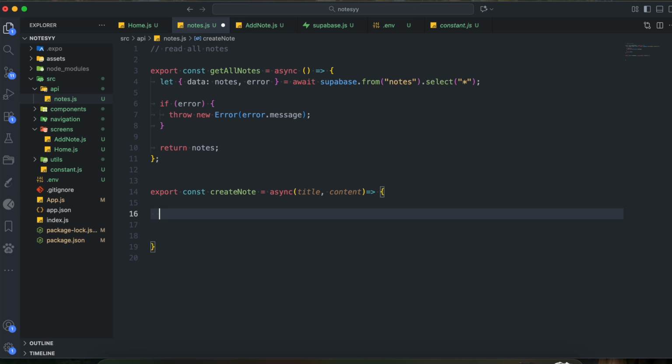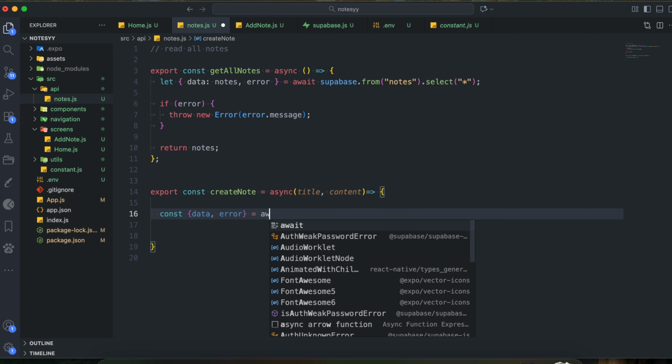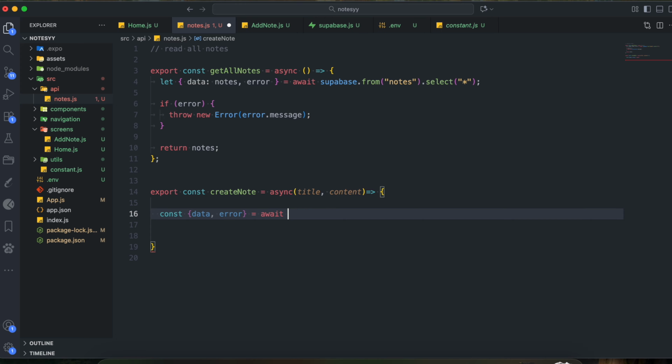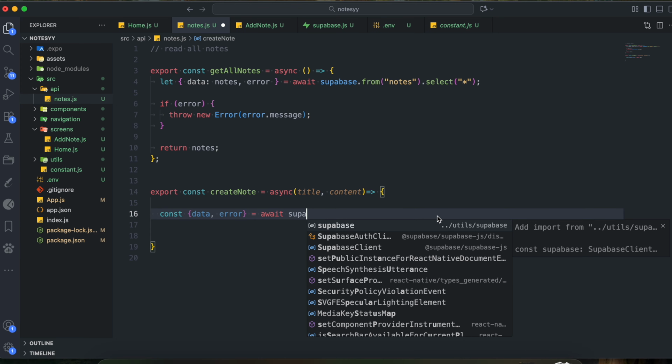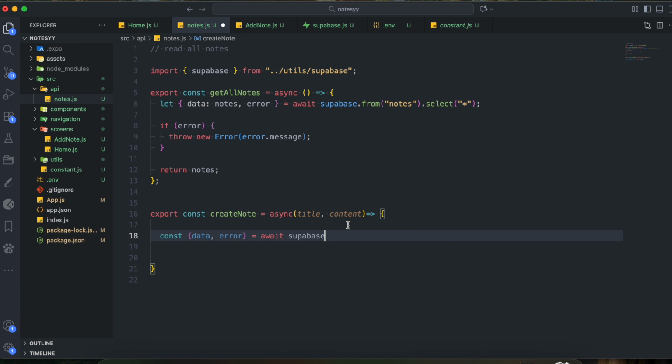And now over here, let me just write this query on my own. So const data, error, let me await, and we're going to get supabase from Supabase. Okay, one thing, yeah, I have made one mistake over here, that I haven't imported it, right? So please make sure to import it like this. Supabase, let's call it. And what we do is, we are going to say supabase